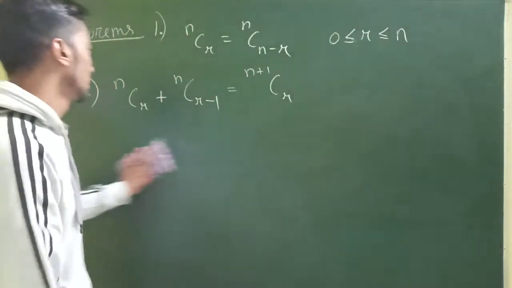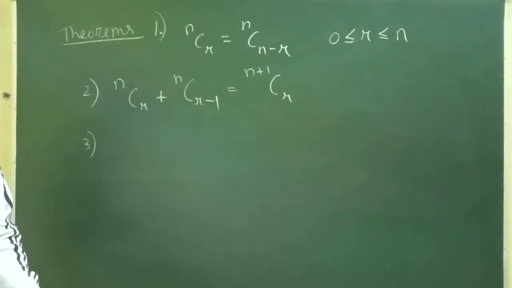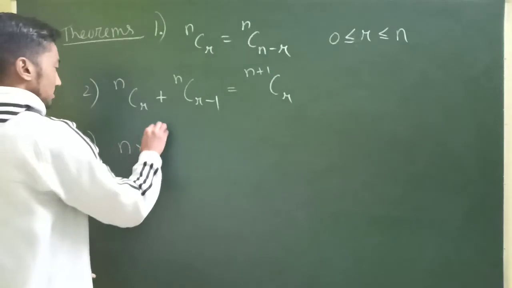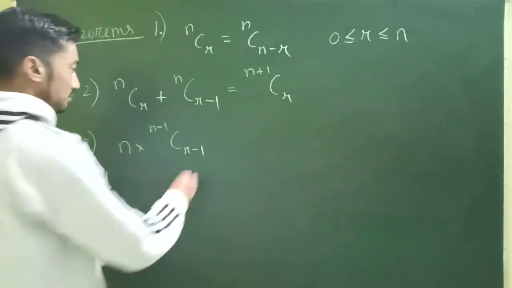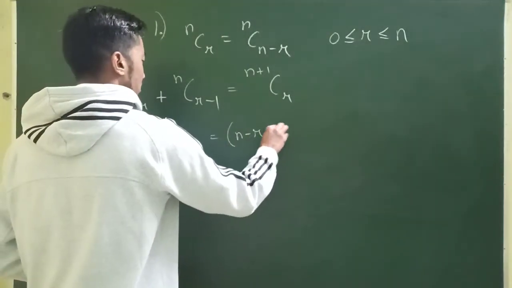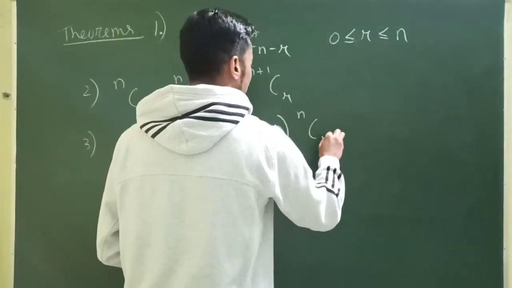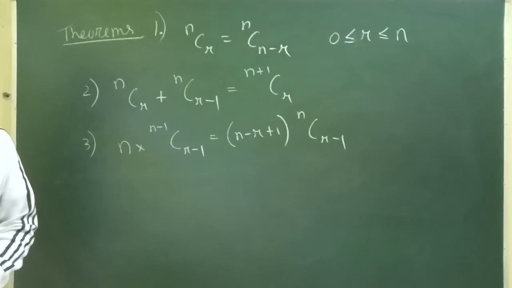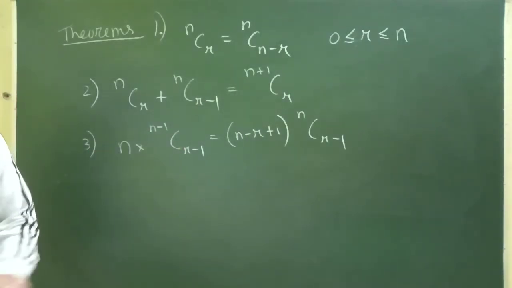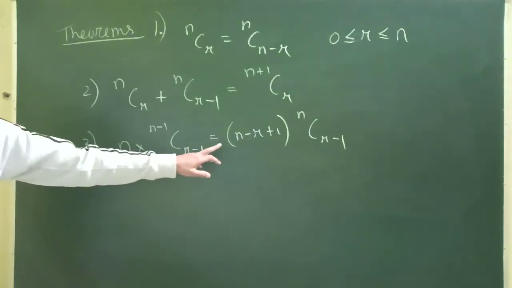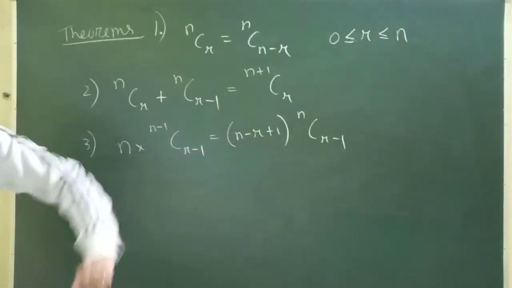The theorems are lengthy for some moment. Another theorem that you can note down is n into (n minus 1)C(r minus 1). In NCERT I haven't come across where we usually use this, but it's not only about NCERT, it's about the JEE and competitive examinations also, where we will definitely use it. So n into (n minus 1)C(r minus 1) can be expanded in this form also, that is (n minus r plus 1) into nC(r minus 1). Another